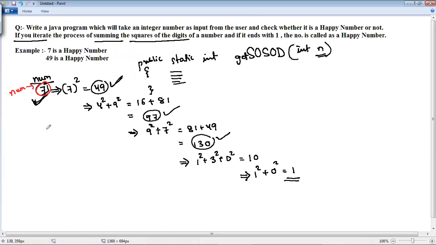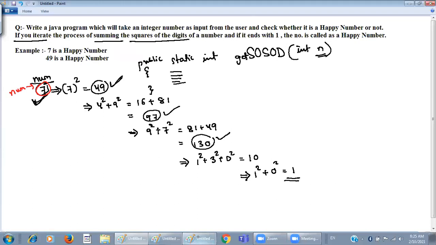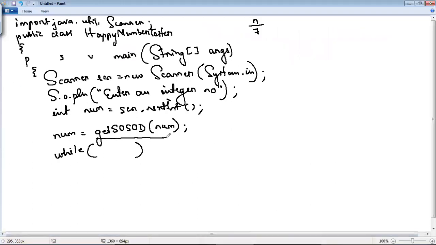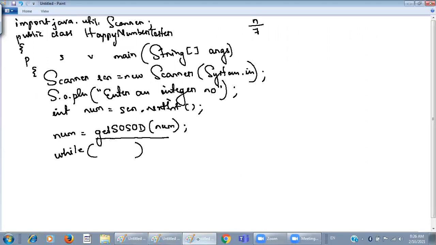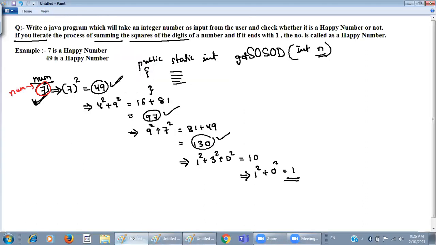So 7 is a single digit number. That is the reason why we are calling this method before the while loop, so that if the number is 7 or a single digit number, we just get the square of that number, we get a double digit number, because that is the condition where we have to terminate the process.